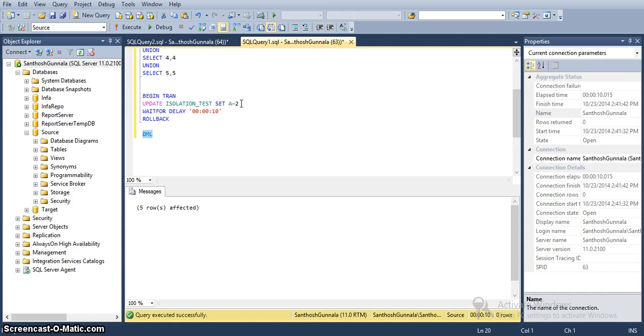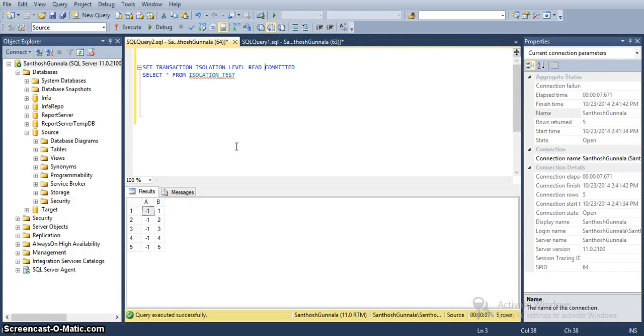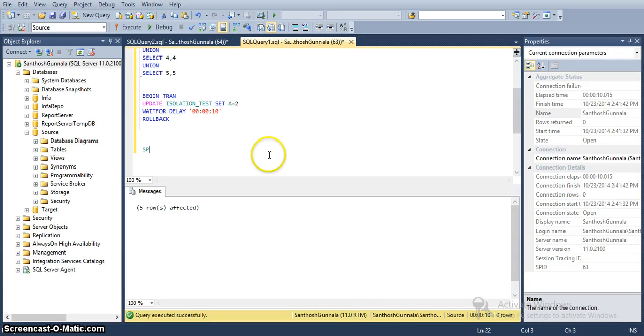If we have any exclusive locks on a table, we can't read any data, even committed data. Once the exclusive locks are released from the table, then only we can read the data from this table. If you want to see the exclusive lock, we can see